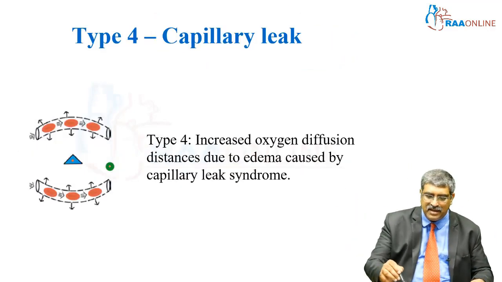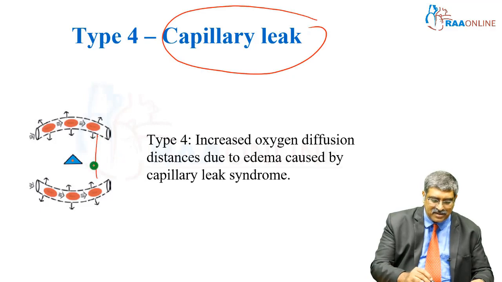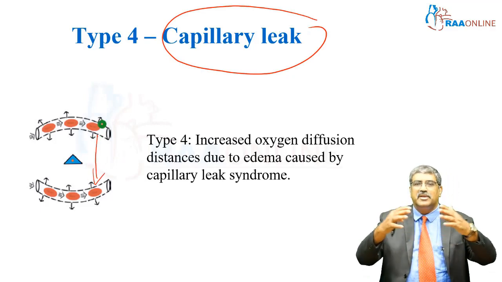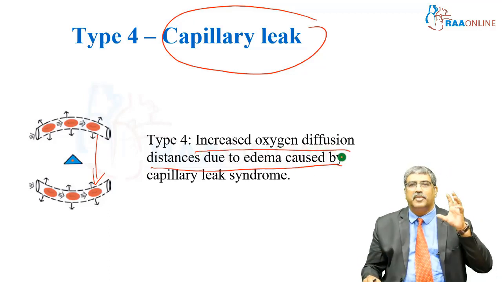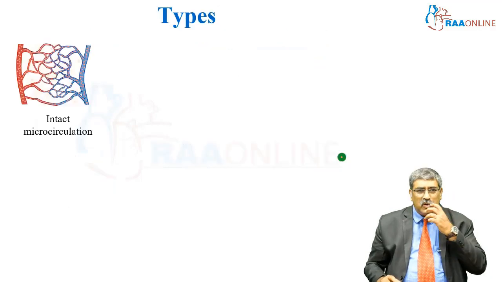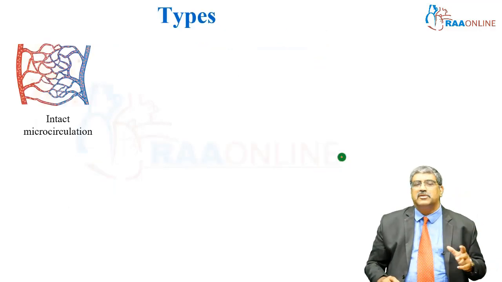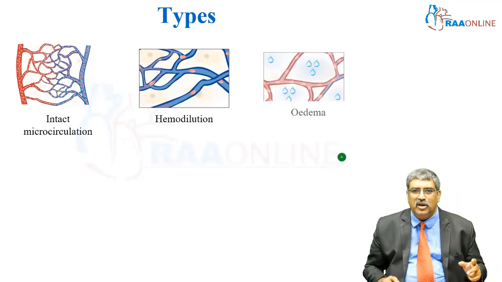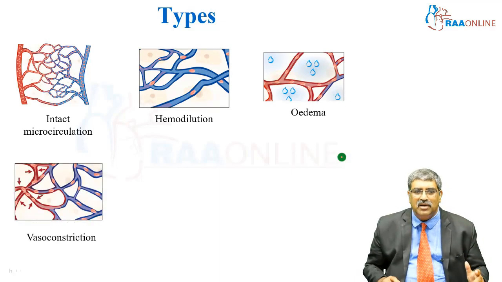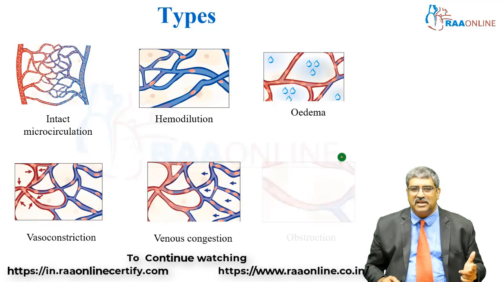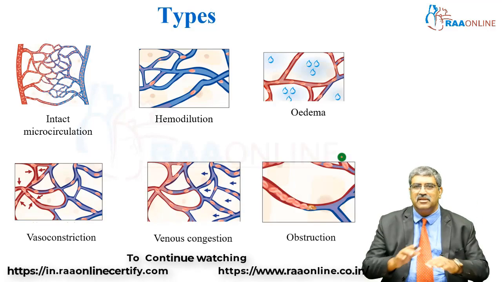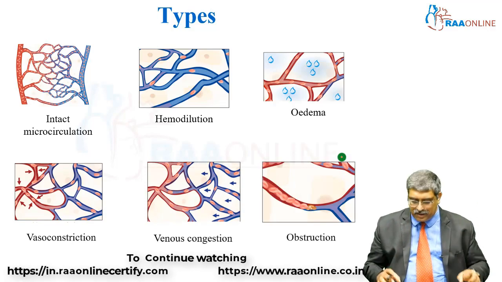And type 4 is the capillary leak. The distance between the capillary and the RBC is increased. There is increased oxygen diffusion distance due to edema caused by the capillary leak. So, from the intact microcirculation, you can have hemodilution, you can have edema, you can have vasoconstriction or vasodilatation, in other words, venous congestion and obstruction. These are all the various microcirculatory damages which can